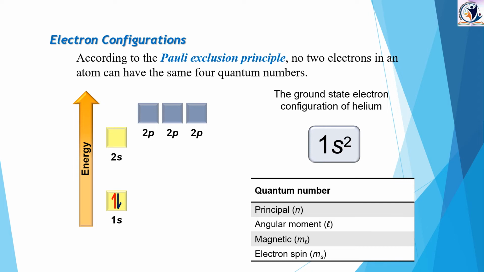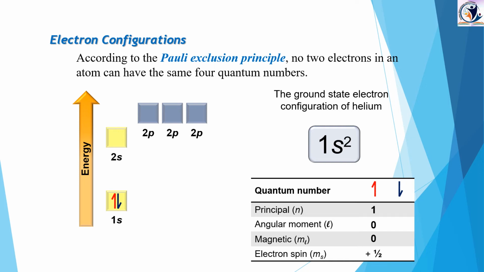For the first electron, what is my n value, children? Yes, n value is 1. Then the angular momentum quantum number, that is the l value, is 0. Whenever l is equal to 0, the ml value is simply 0. Now spin. This is my upward arrow, and an upward arrow has plus half orientation, that means plus half spin. So for the first electron, the principal quantum number is 1, angular momentum 0, magnetic quantum number 0, and spin is plus half.